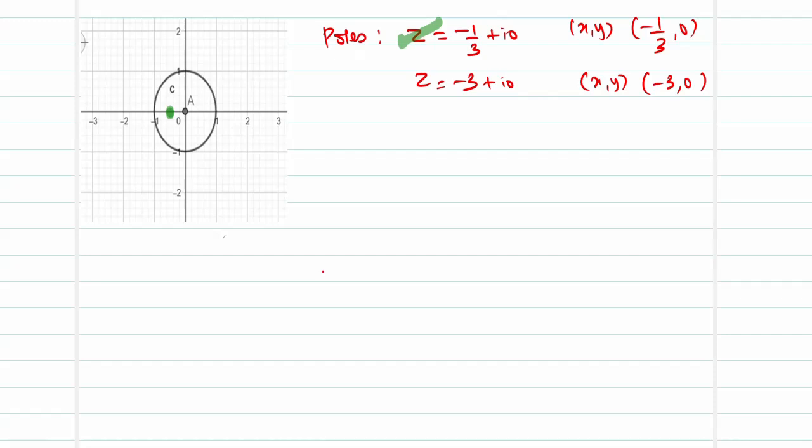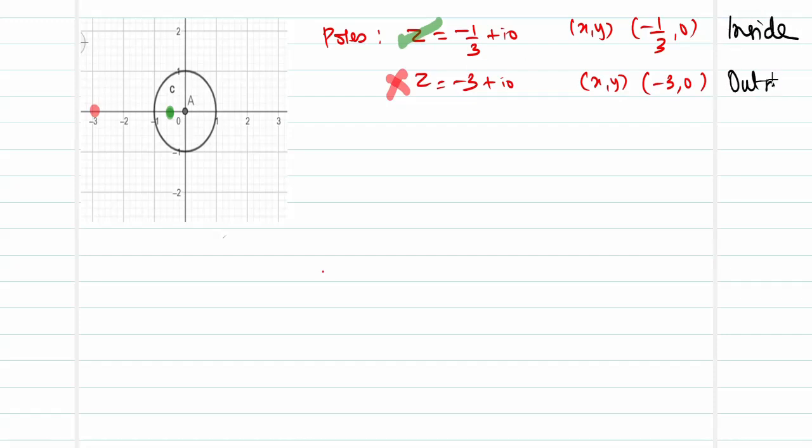Now coming to the second pole, which is going to be minus 3 comma 0. In the x-axis, minus 3. Where is my minus 3? This is going to be over here, minus 3 comma 0. So what do we say about the second pole minus 3 comma 0? It lies outside the unit circle. So only one of the poles is going to lie inside for me, and the second pole is going to